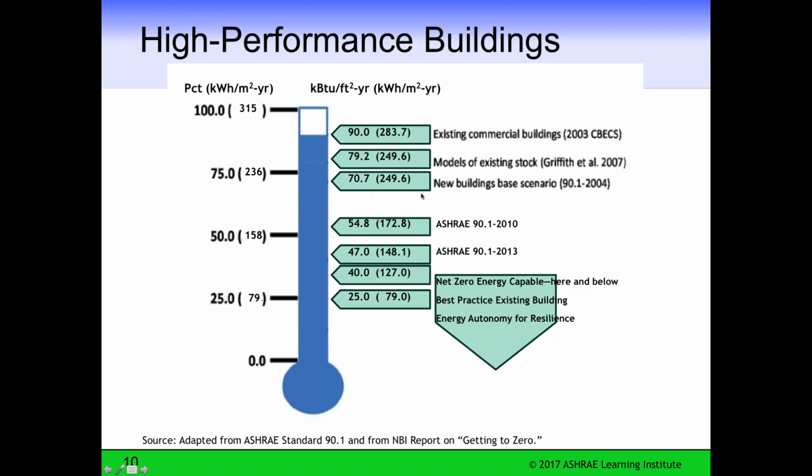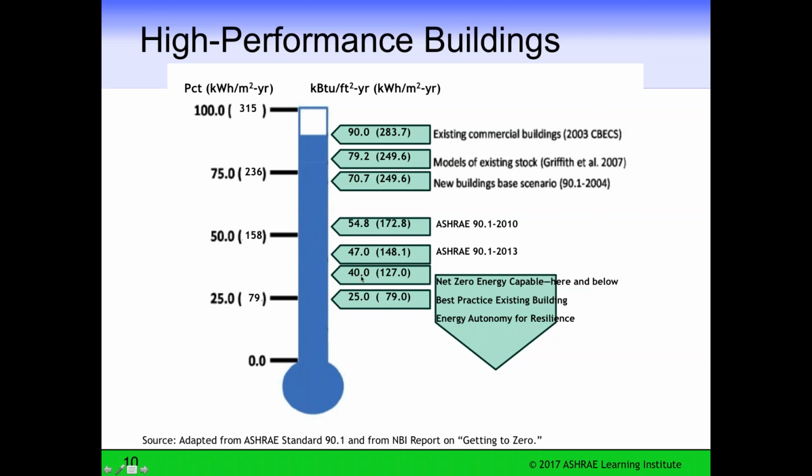And then the impact of the 2004 version of Standard 90 was at 70.7, an improvement over the existing stock. And then the 2010 version dropped from 70.7 to 54.8, let's say 55,000 BTUs per square foot a year for the 2010. This dropped in 2013 to 47,000, and then 2016 roughly we're perhaps somewhere less than